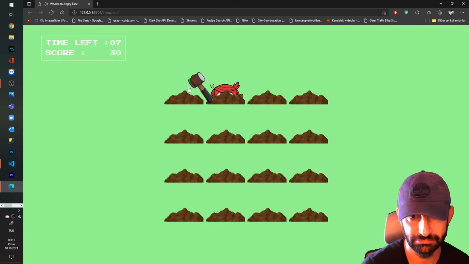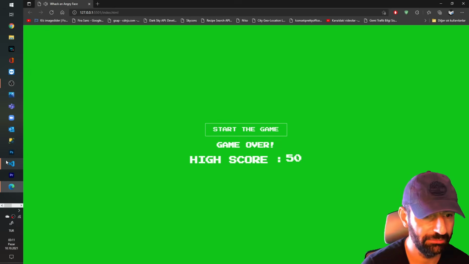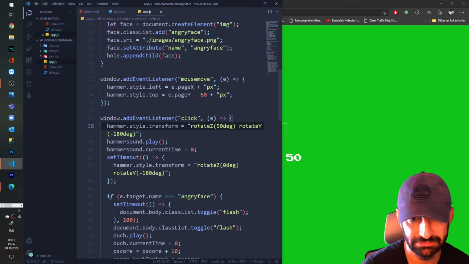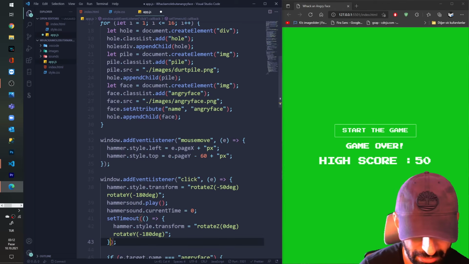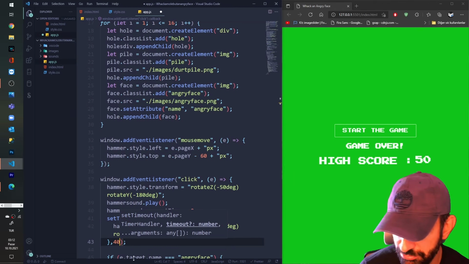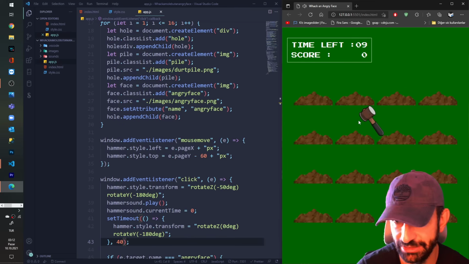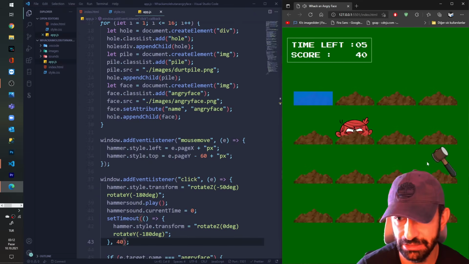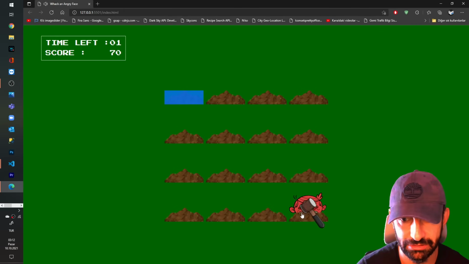Ouch! It's not making the animation. I want animation. I'm not living without making the animation. I'm not going anywhere. Okay, I just forgot here to put the 40 milliseconds mark for my hammer animation. Okay, Ouch! Now as I have the animation for my hammer, Ouch!